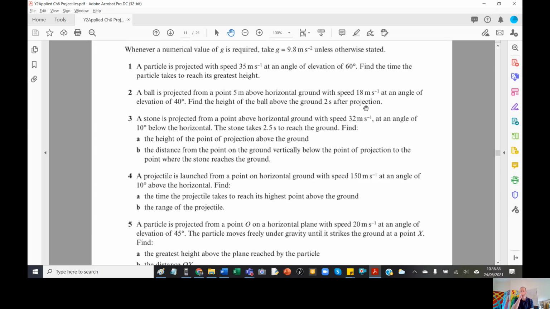In that particular case, you're not looking at the entire motion from beginning to end or the motion from beginning to maximum height, you're looking at a specific moment in time. So they give you the time, and from that you can work out both the vertical and the horizontal scenarios. You can figure out where it is vertically using SUVAT and where it is horizontally using speed equals distance